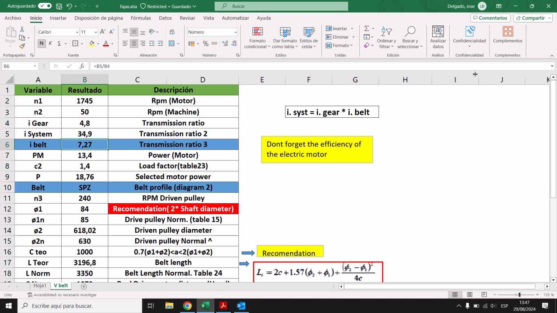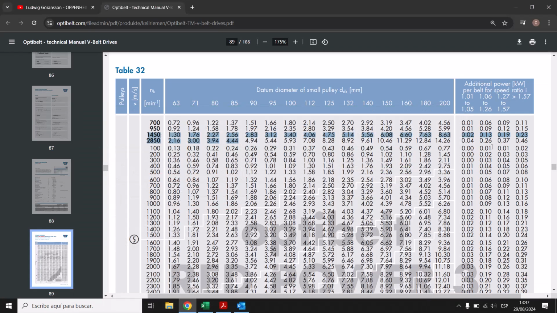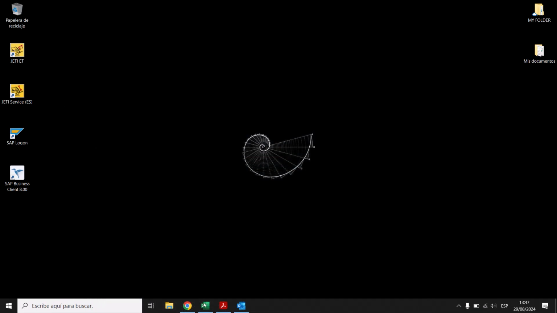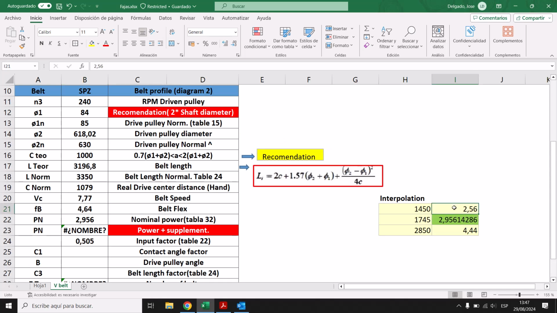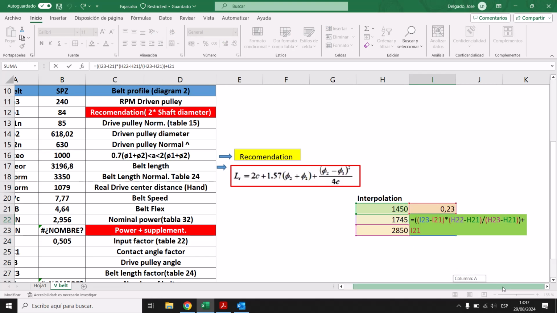Okay, 7.27. So we're over this. So you should put 0.23 and 0.26. If you didn't remember how to interpolate, you just can see it,